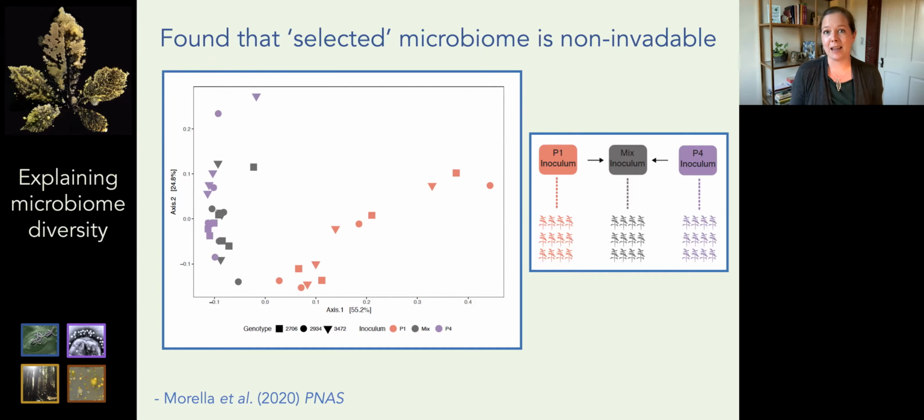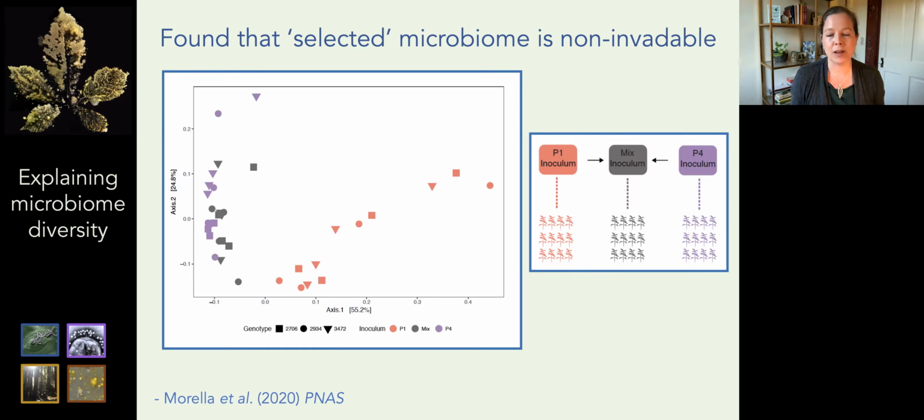And this is really exciting because it tells us that that selected microbiome is now uninvadable by those original taxa that we selected out. And so I think there's a huge amount of promise in this for many reasons, but in one way that it's telling us that we can select for microbiomes that are really well adapted to a particular environment. And we've yet to test what effects this has on plant fitness, but you could imagine that that's the next step. And then, of course, also trying to associate these microbiomes with functions of interest is a really exciting opportunity as well.